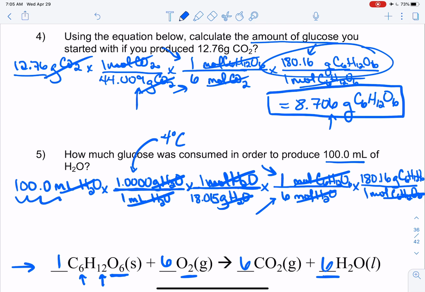And then on your calculator, you go ahead and do 100 times 180.16, because you have 1 and 1 and 1, and you can do times 1 times 1 times 1 if you want, but don't need to. And then we're going to divide it by 18.015, and you'd probably hit the equals at that point, and then divide it by 6. And what you would get on your